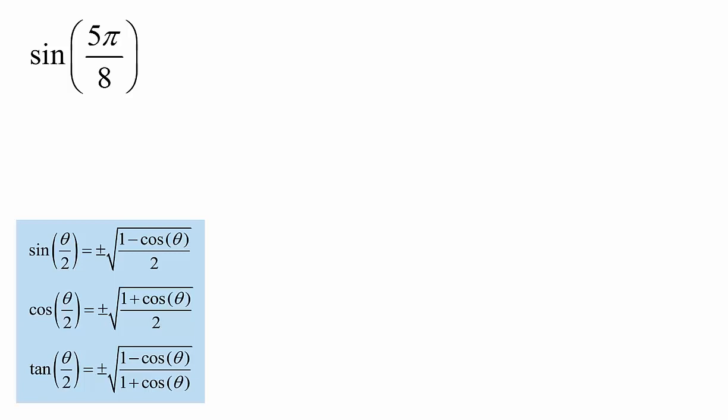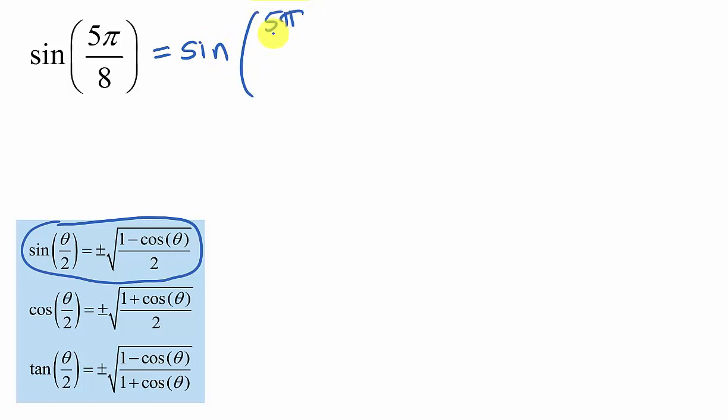Here we want to find the sine of 5 pi eighths, and there's more than one way to do this, but we're going to do this using a half angle formula. So here is the formula I need because I have sine, so I'm going to express this as some theta over 2. So it's going to be the sine of 5 pi fourths over 2,